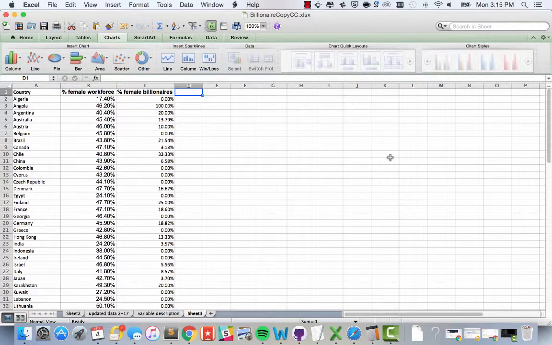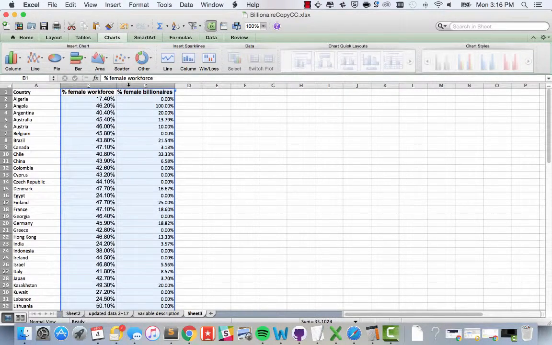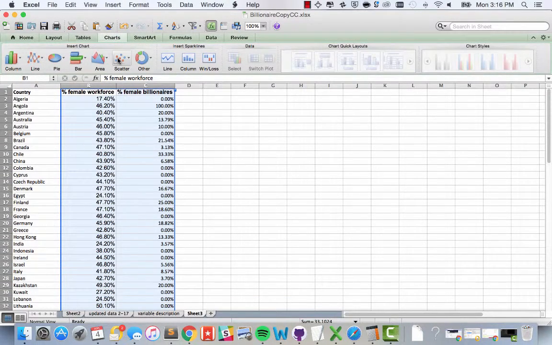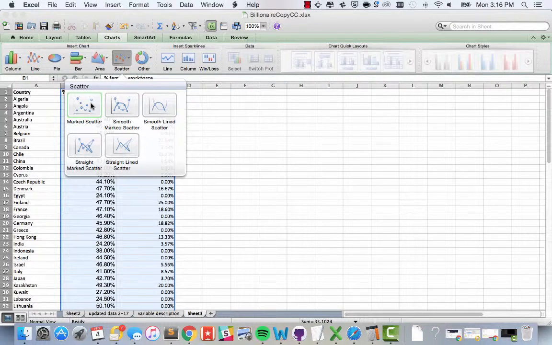Okay, I'm going to show you in this video how to create a scatter plot. So I've already created a new sheet in my spreadsheet, and I've got the country, the percent of the labor force represented by females, and then the percent of female billionaires in that country. So I'm going to select these two, and I'll go to this charts tab here, and I'm going to create a scatter plot. So I'm just going to do a marked scatter because I don't know if there's any connections